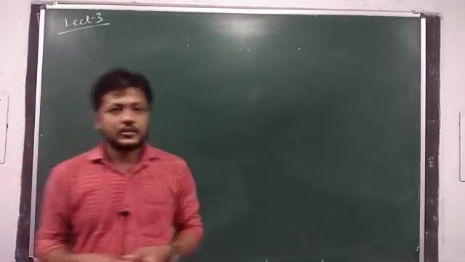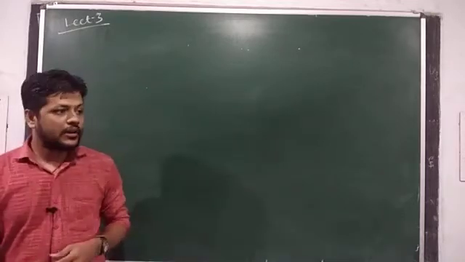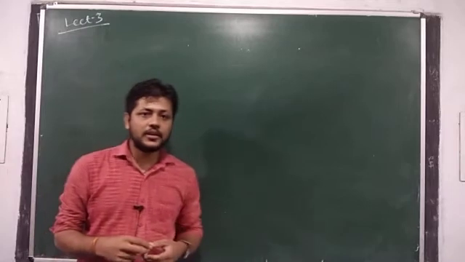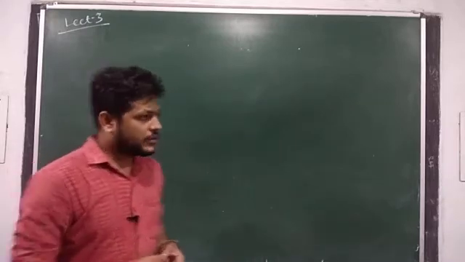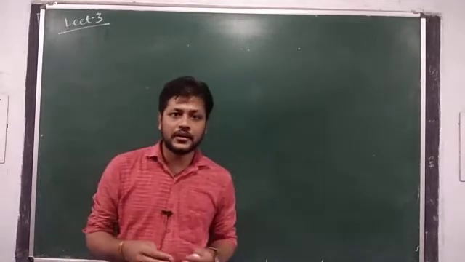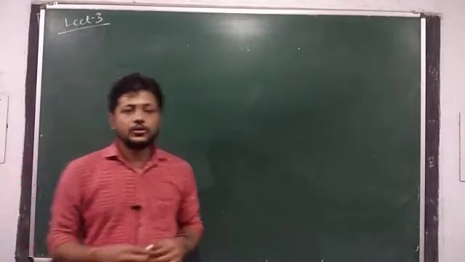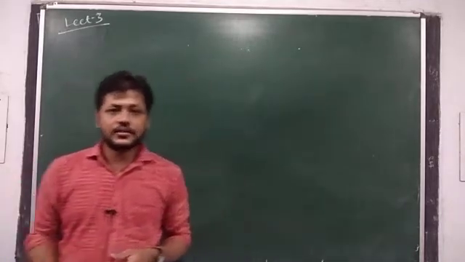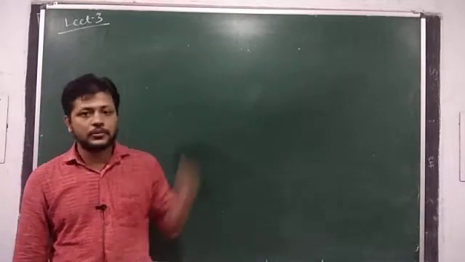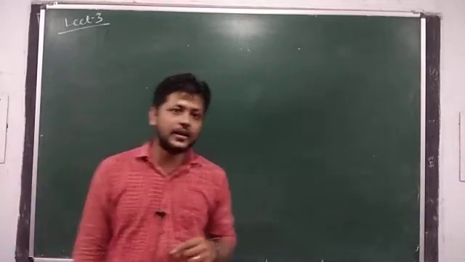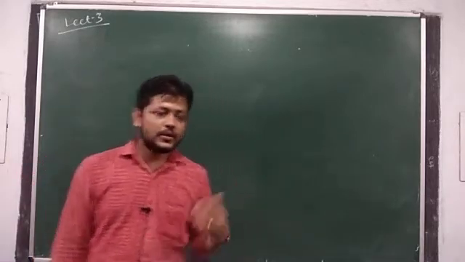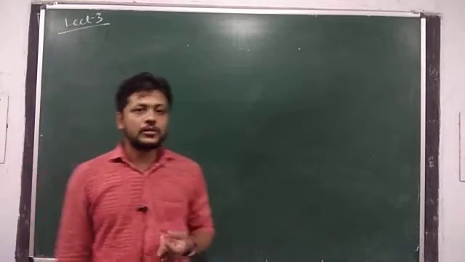In the last class, we studied the advantages of digital electronics. Then we started a new chapter, Boolean algebra. We discussed why we are going to study Boolean algebra: in order to reduce the number of logic gates or the amount of hardware, we need to use Boolean algebra. But the limitation of Boolean algebra is that we can use it only up to 3 variables. Beyond 3 variables, we are going to study the Karnaugh map.